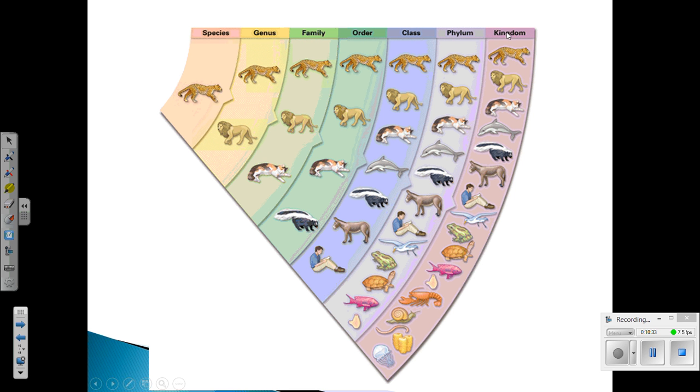So here you can see, here's the animal kingdom. It has everything from that cheetah down to the jellyfish. The phylum, this is the chordate phylum, so things without a backbone all leave, the sponges and the jellyfish. The classes, this is the mammal class, so the reptiles, fish, and frogs and birds get out of there. Then the order, this is talking about the cats here, so this is the cat order, or the carnivore order. And then the family is the big cats, and the genus and the species until you end up with that specific leopard species.